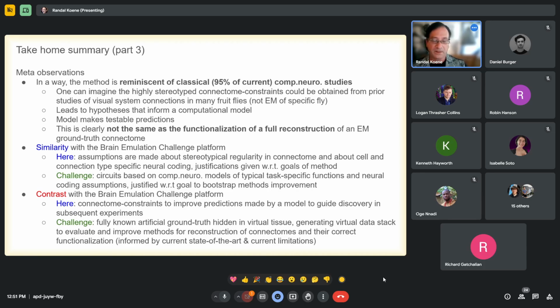What they would have to do to take full advantage of what the brain emulation challenge allows is that because we can make something that is detailed and can be applied to multiple tasks, we can use the input-output data for multiple tasks to describe the data set that we want to test our ground truth and the emulation against.